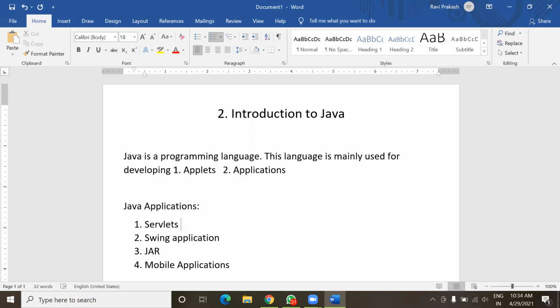It means if we are accessing any web page, then we are actually the client and the provider, or the web page coming to us from a special computer that is called server. So on that type of computers, servlets are executed.